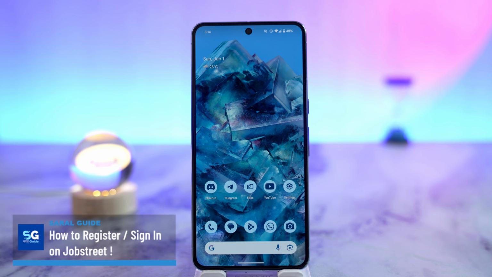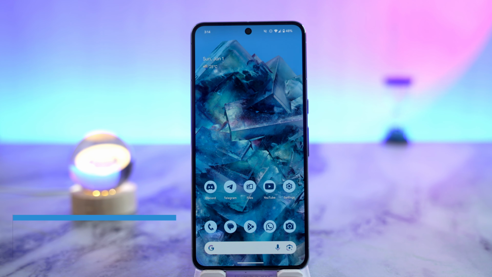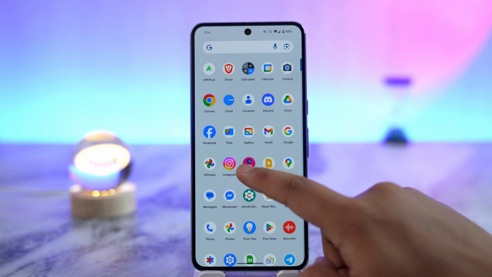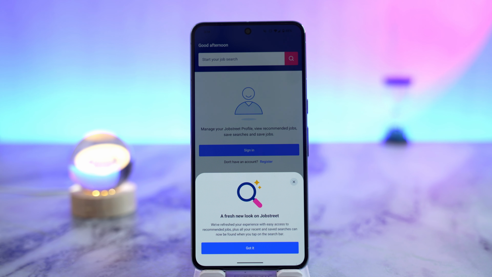How to register an account or sign in to JobSeek. If you want to sign up, sign in, or register your account and sign in to JobSeek, it's very simple for us to do so. So what we do is we first go ahead and launch the JobSeek app, and this is the interface that